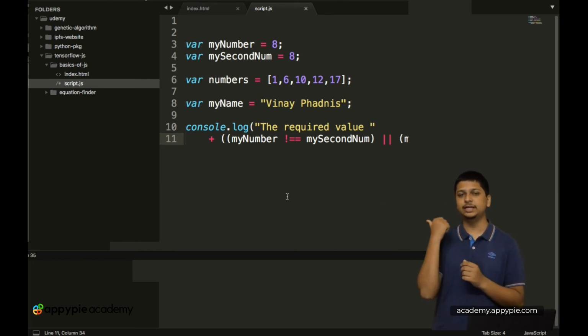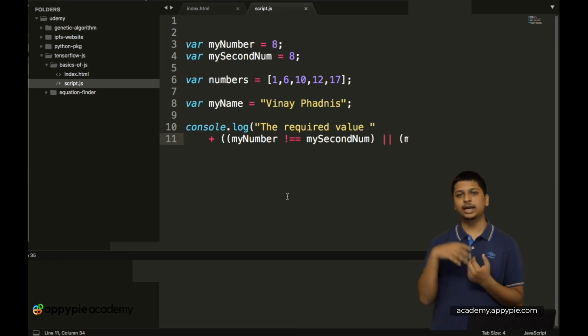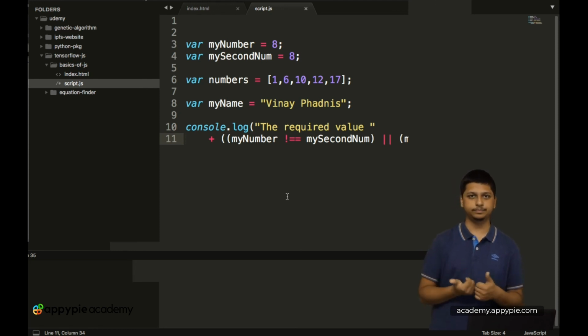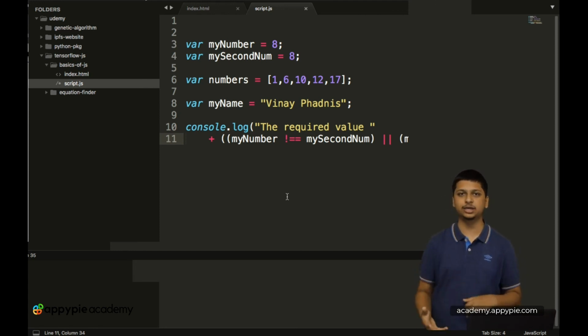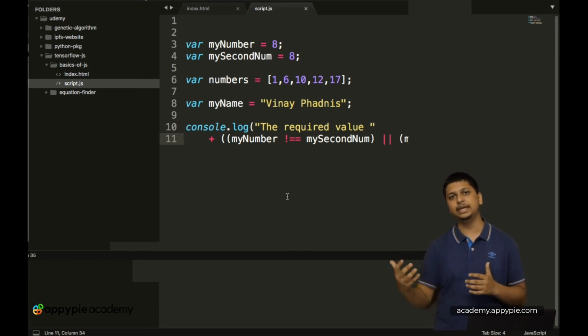So till now we have studied the basic data types, which are integer, string, array, boolean, and we have looked at the basics of an object. Then we have studied some basics of comparison operators. We have studied the importance of using triple equal to wherever it is possible rather than double equal to. Then we have also looked at the AND and the OR operators. Okay, so that is pretty much it for this lecture. In the next lecture we will be focusing on adding some methods onto our code so that we don't keep on repeating ourselves.